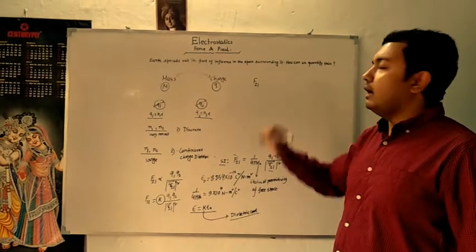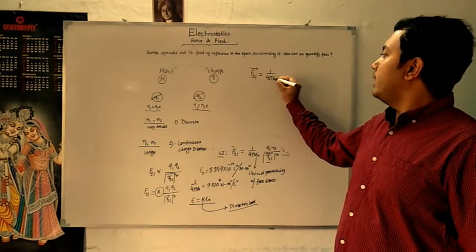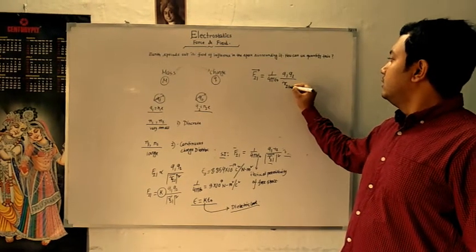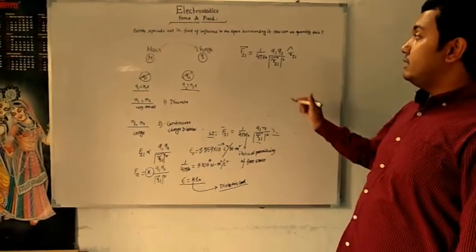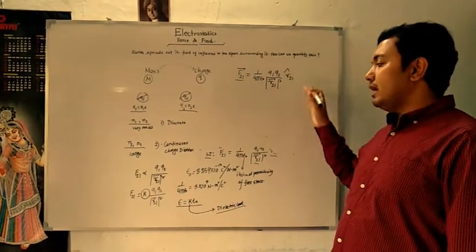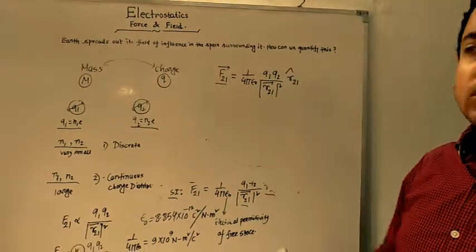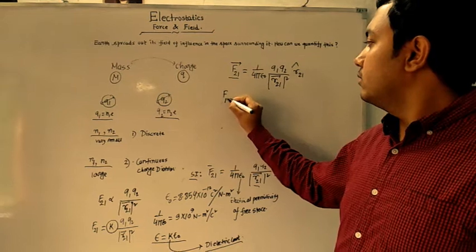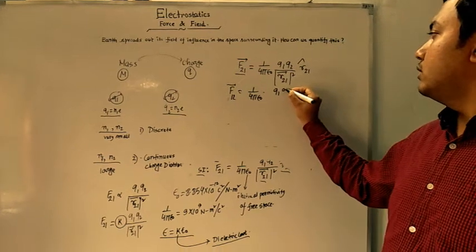We can write the value of force F21 is equal to 1 by 4 pi epsilon naught Q1 Q2 by R21 square R21 cap. Similarly, this force represents the force on the charge Q2 due to Q1. Similarly, we can represent the opposite force, that is the force on the charge Q1 due to charge Q2, and this notation will be F12 vector is equal to 1 by 4 pi epsilon naught Q1 Q2